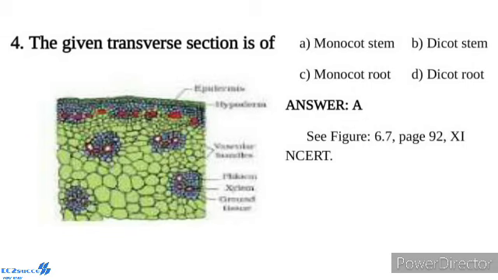Second layer, hypodermis. It is made up of 2 to 3 layers of sclerenchyma fibers and lies below the epidermis. The hypodermis acts as a heat screen and provides mechanical strength and rigidity to the stem. Third one, ground tissue. It consists of a mass of thin-walled parenchymatous cells and extends from hypodermis to the center of the stem. Unlike the dicot stem, it is not differentiated into cortex, endodermis, pericycle, and pith.